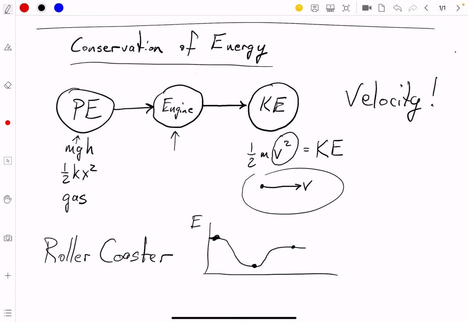And it's just a great way to see how potential energy transfers to kinetic energy, but also back again, right? And especially if there's no friction, you can drop down and come back up, and you never lost any